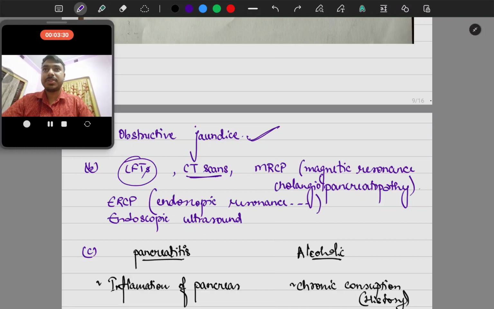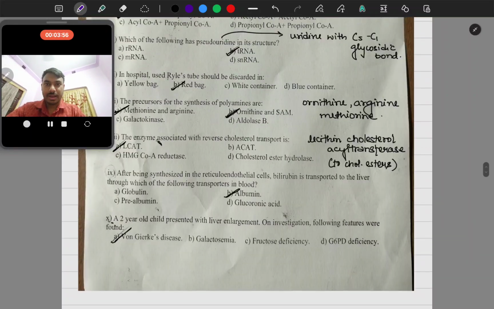According to it, the type of obstruction is seen. Okay, and endoscopic ultrasound can be done. So these are some of the tests that can be done for checking whether there is obstruction or not. But you can see that CT scan and MRCP are relatively higher in cost, so LFT is much more cost effective than the other ones. Now the third one